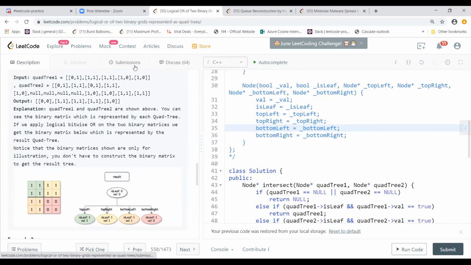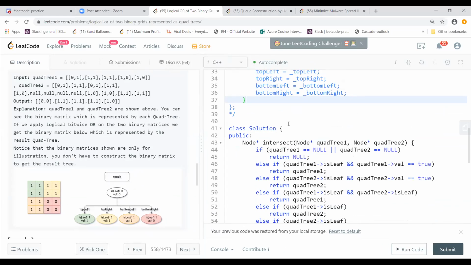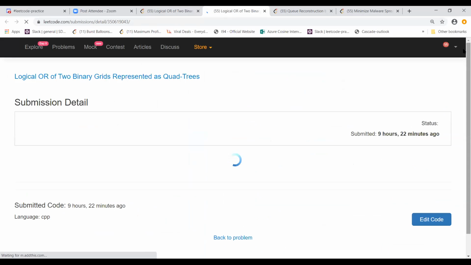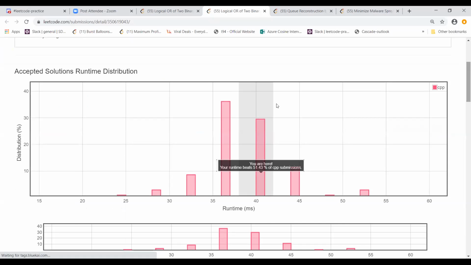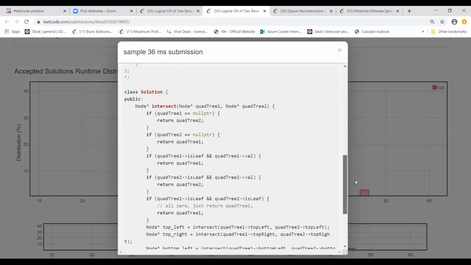The way I have written it, looking at the discussion, it's slightly easier to understand when you look at the implementation details. But I'll go through one of the solutions which I found very easy to explain. This is the most common one which people are using here. This is the entry function. We have quad tree one and quad tree two.